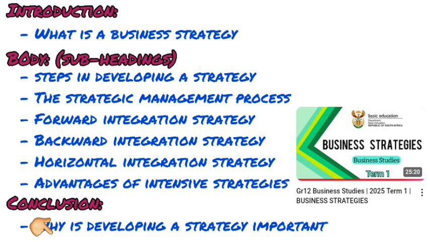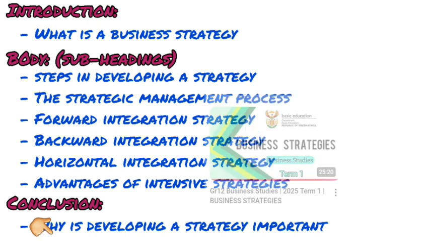It gives you this advantage, as well as your advantages for intensive strategies. You just write the heading advantages. The marker already understands that all of those bullet points under there are just advantages. Because if you just write intensive strategies, it could be anything. It could be you discussing different types of intensive strategies. It could be you discussing the impacts instead of just the advantages. So when you write your subheadings properly and they're clear that under here I'm discussing advantages of intensive strategies only,